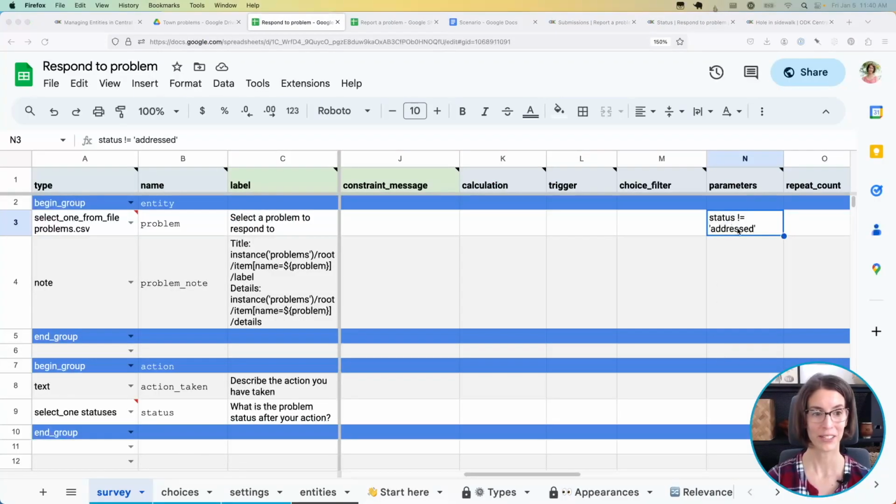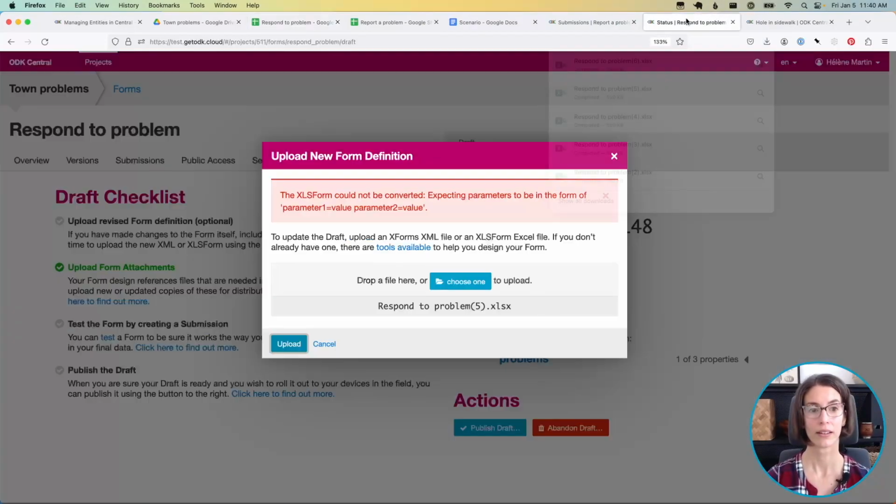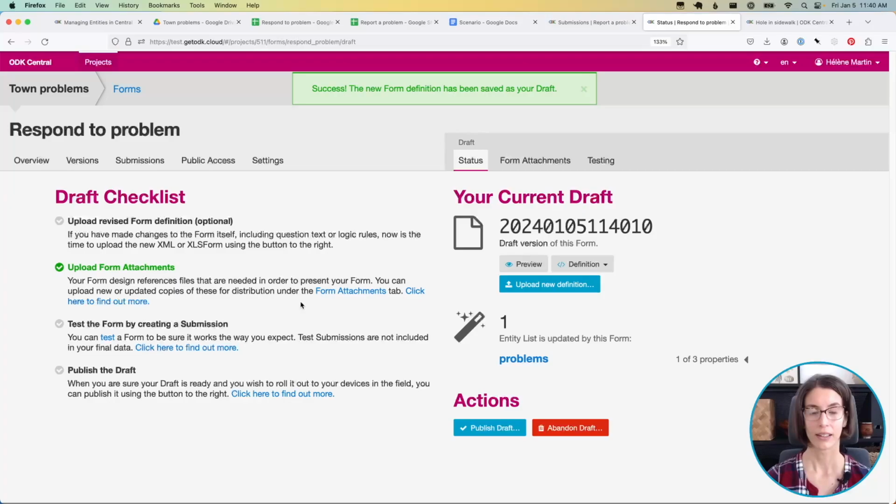Whoops, I did not want to put that in the parameters column. I wanted to put that in the choice filter column. Okay, let's try it. All right, so that shouldn't have made any changes to the entity list in any way, and it looks like